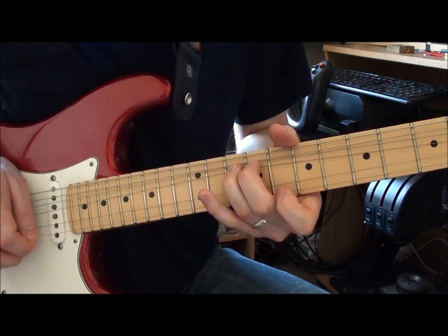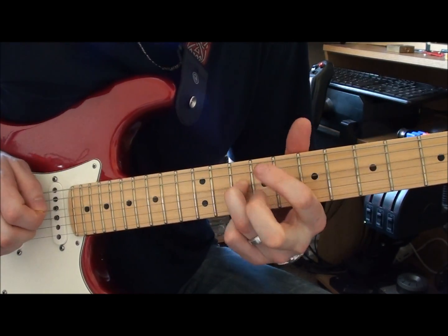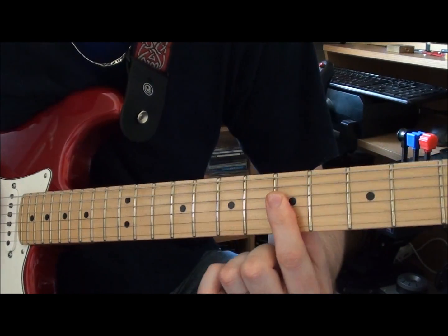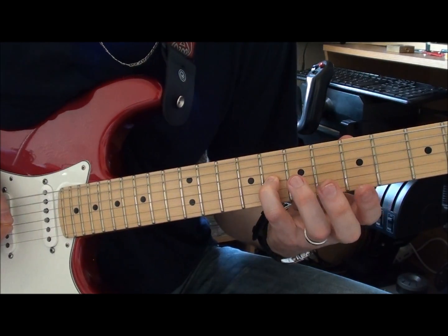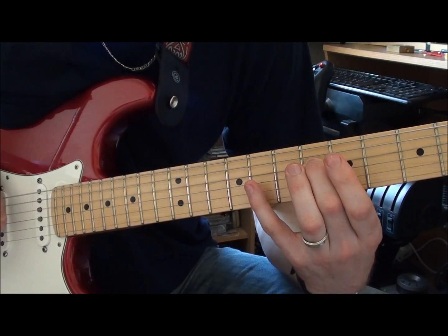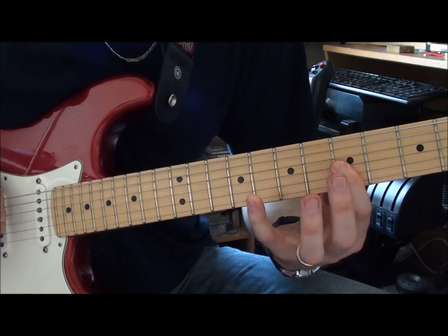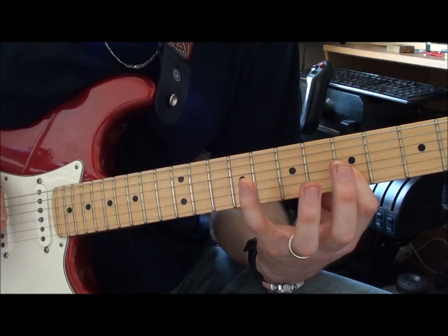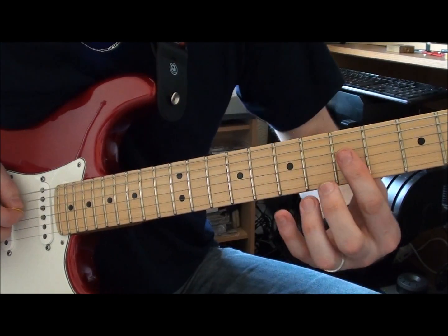Okay. And then you've got, it's right down here on the 5th fret. So it's 5, 6, 8th on the G. Back to 5th. Sorry. Sometimes things are complicated playing them slowly. So it's